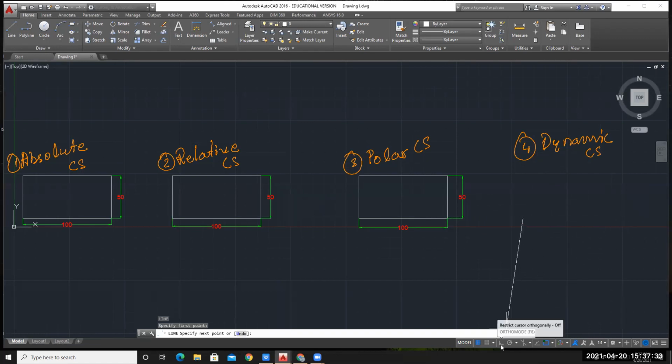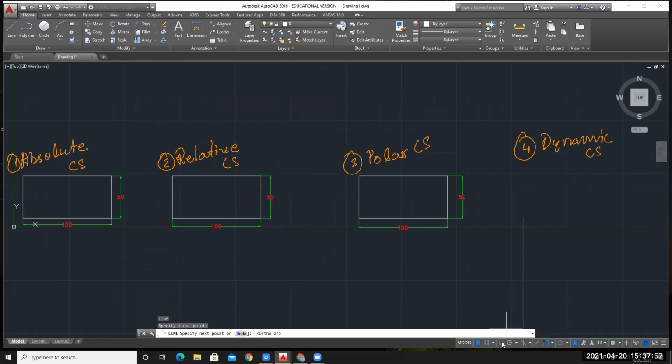So here at the bottom, you can see ortho mode. Here are some tools. So here you have one icon called ortho mode, showing you perpendicular sign over here. The shortcut key for this ortho mode is F8 on your keyboard. So either you can click it.